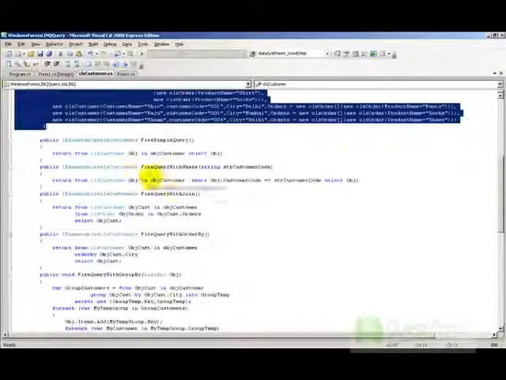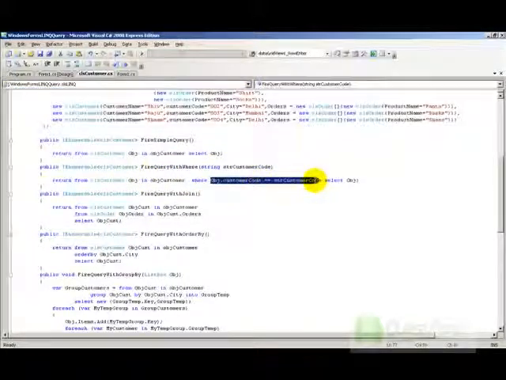In the same way, if you want to fire a query with a where clause, then you just need to provide the where keyword with the appropriate data. If you want to do a join using LINQ, then you need to provide both the collections, that is objCustomer and the orders. Then you can make a join.